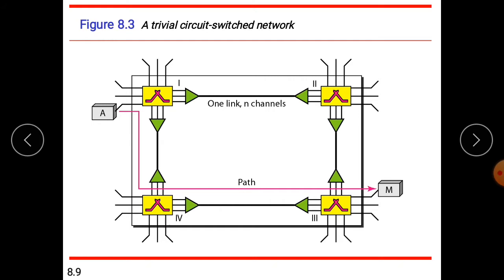Here a circuit, or a channel, is reserved on each link, and the combination of circuits or channels defines the dedicated path between A and M. After the dedicated path made of connected circuits is established, the data transfer can take place between A and M. After all data have been transferred, the circuits are torn down. This is the teardown phase.